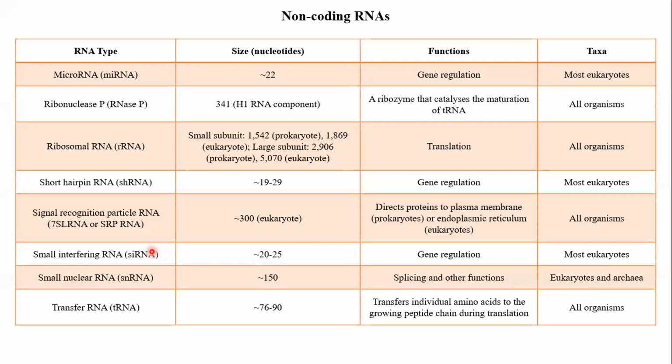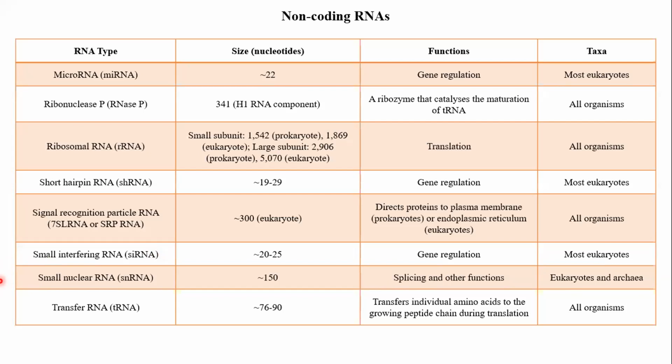So in gene regulation, I told you that there are different mechanisms of gene regulation. These particularly work in RNA interference, which is a method for gene silencing. So gene silencing by RNA interference. These RNAs interfere with the gene expression and they regulate that particular gene. Usually they form a double-stranded structure with mRNA and that mRNA is targeted for degradation. So that's how they regulate the gene expression.